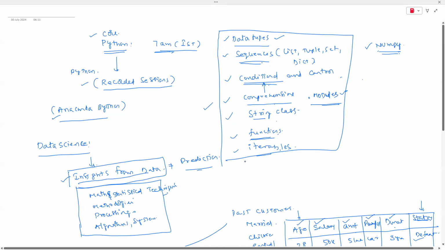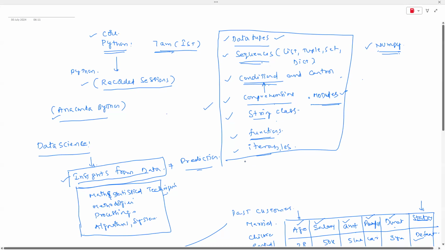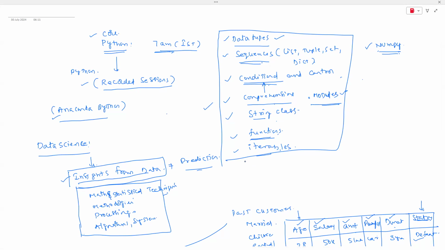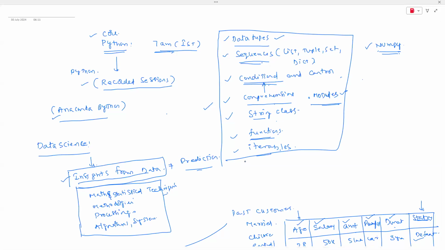I'm not saying that even if you don't know, at least you can understand the concepts, guys. Python learning is very easy. It's a very simple language, very easy to learn without having that much programming knowledge. So there's no need to worry. Why? Because if you register for the course, we are going to give you the recorded videos of all these completed classes. So you can go through them in 2 to 3 days. If you sit at the system daily for just 2 or 3 hours, you can complete these topics and understand them.